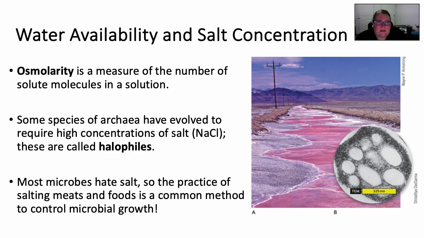There is a specific group of archaea that we call halophiles, which have evolved to live in areas with high concentrations of salt. They have osmolytes in their cells, which makes the inside of their cells more concentrated than the outside environment. So they have a greater concentration inside than outside,